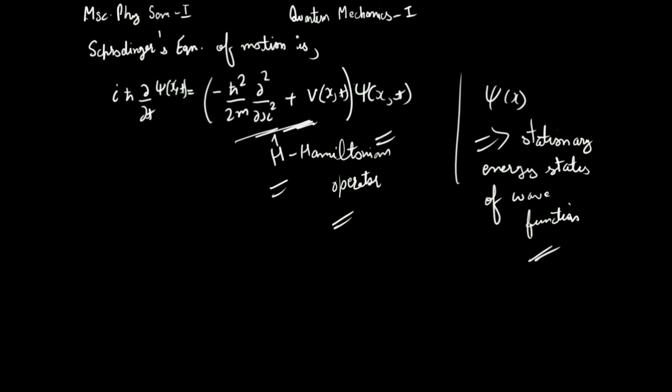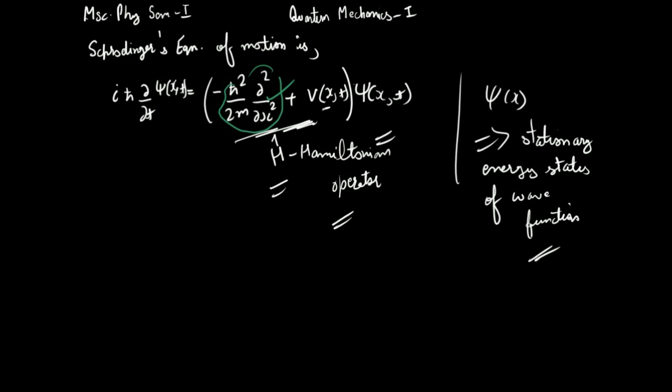So it is the energy operator, a Hamiltonian operator. It gives the energy value, not actually the energy. So it gives the energy value, energy state. So this is the Hamiltonian operator, and this is the potential energy you can see here. And this term, let me just write it, you can see this term